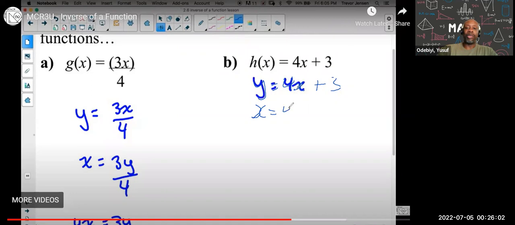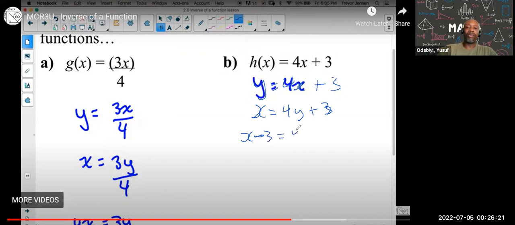And the y is going to be beside the 4 plus 3, okay? And now I'm going to try to isolate for the y. So I'm going to bring this 3 over to that side. It's a plus 3, it's going to go that side. It's going to be a negative 3. So x minus 3